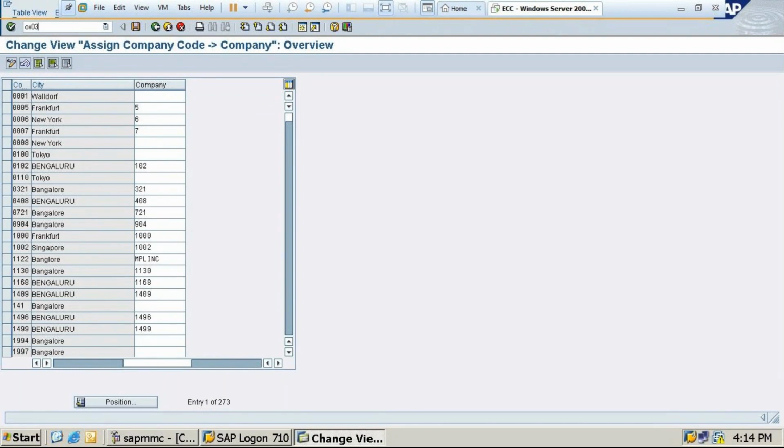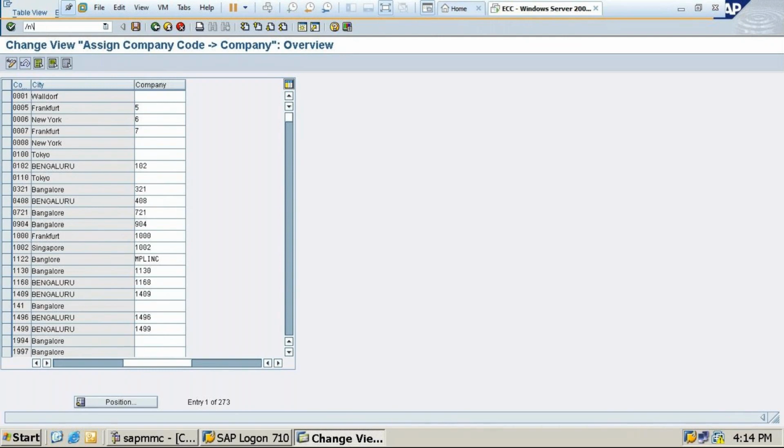Now if I am in any other screen and I use the T code, it will not open at all, because that has a different format. Means from the easy access only you can go by using the T code, but if you are in any other screen it will not allow you to go. So for example, if I give OX03 and press enter, it will not go, but still I have an option. If I want to go from any screen to any particular option with the help of a T code, then you should use